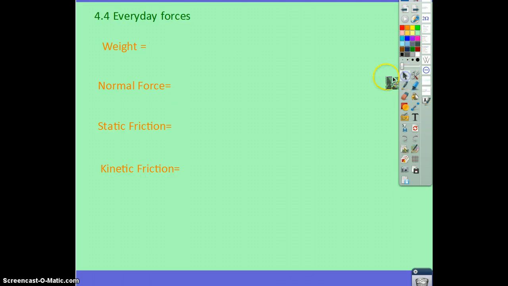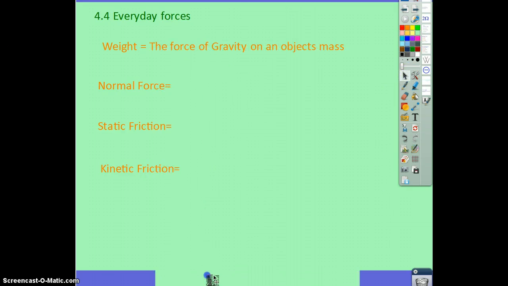And weight is the force of gravity acting on an object's mass. Weight and mass are very much different. Weight is the force of gravity. Mass is mass. Mass is the amount of matter an object contains. More on that later. Second is normal force, and we will talk a great deal about normal force in the